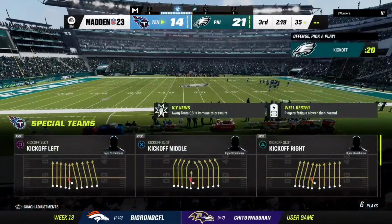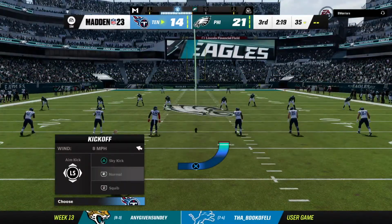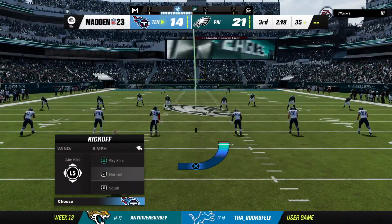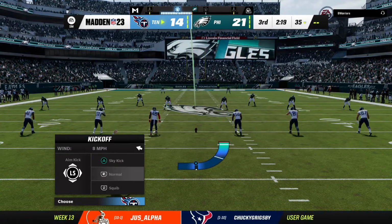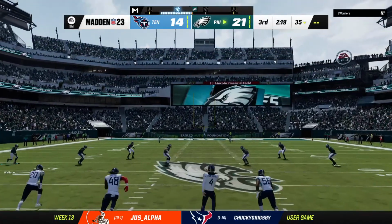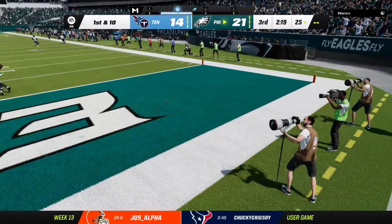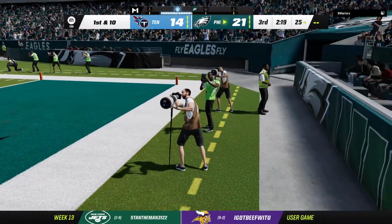Extra point up and good by Bullock. And they're back within a touchdown at 21-14. There's the Titan kick team as they run up and send this one away. And this will be a touchback as that sails over the...